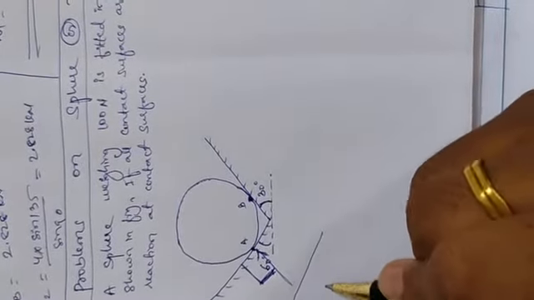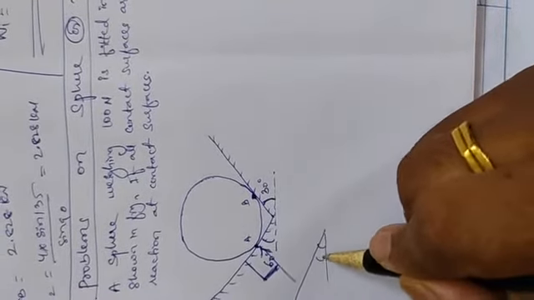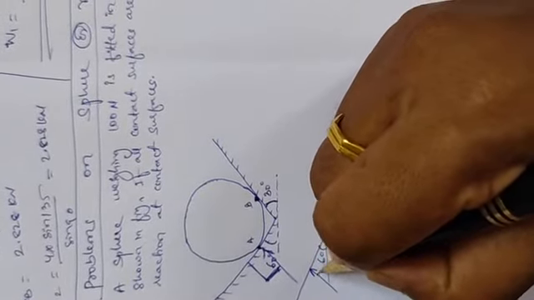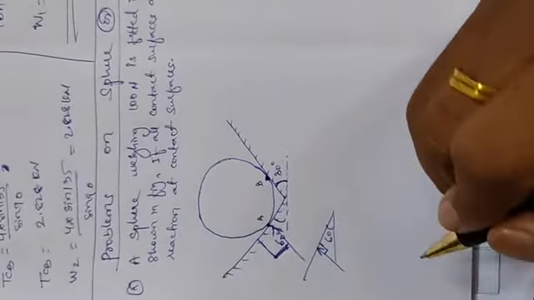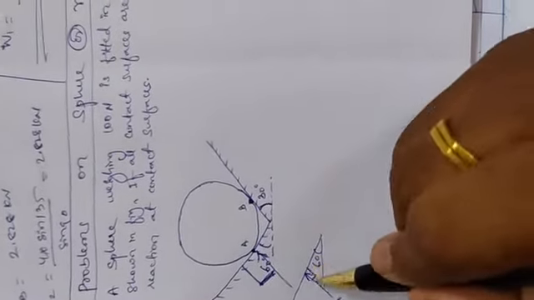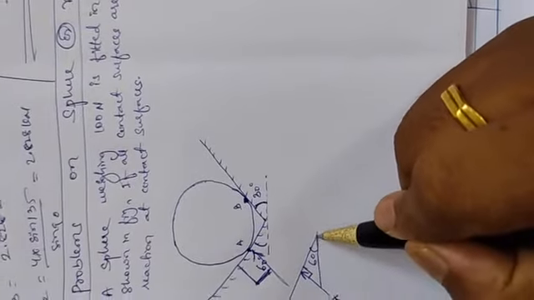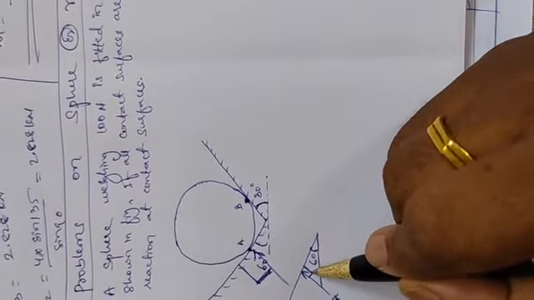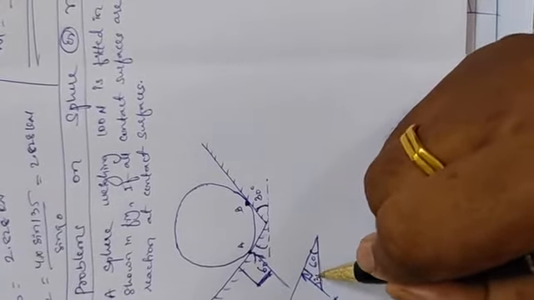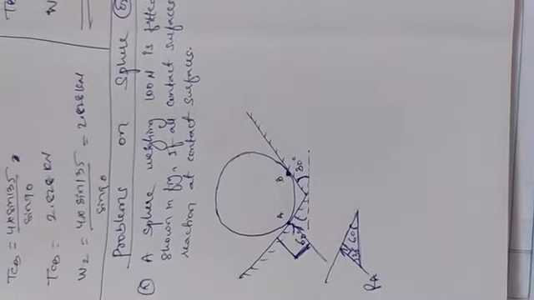Now look here. This is our plane. This angle is 60. As I told you, our reaction will be perpendicular to this, so this angle will be 90. Let's say it is reaction RA. Now I have made a triangle here. If this is 60 and this is 90, what is the angle left in this triangle? This is 30 degrees. Am I right?